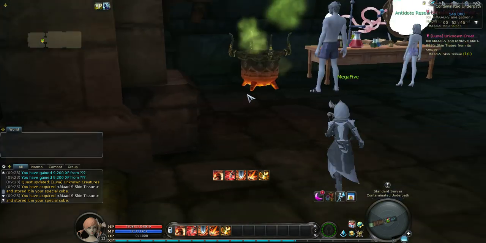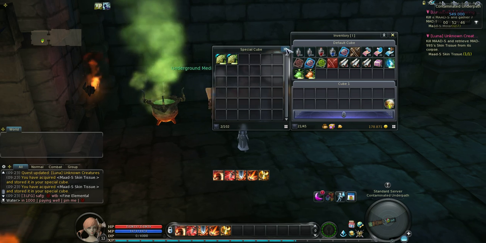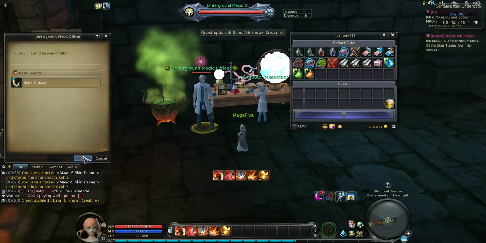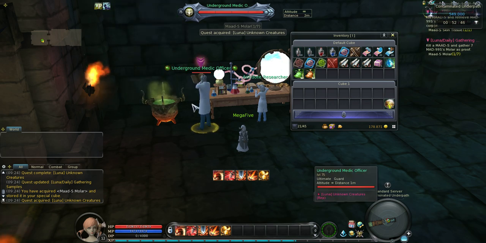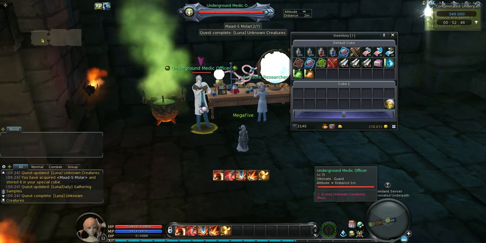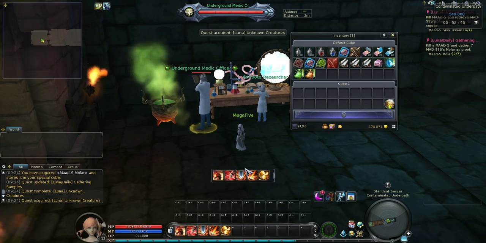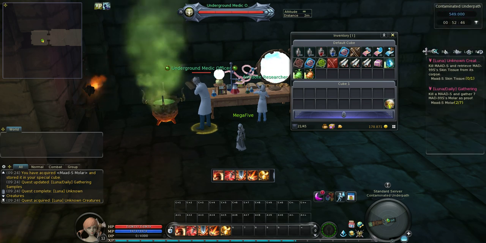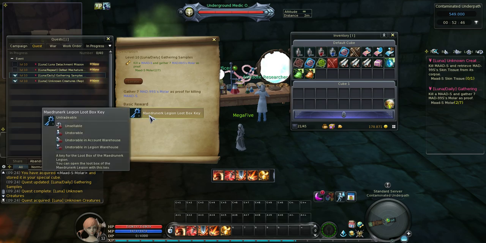Okay, so I looted the boss and I got 2 skins. So you talk with the NPC and those skins become molars. And if you have 7 molars, then you get a key. I'll show you that later if I hand this in. Let me drag this a little bit more. So as you can see, I got 2 out of 7, and if I have 7, he will give me